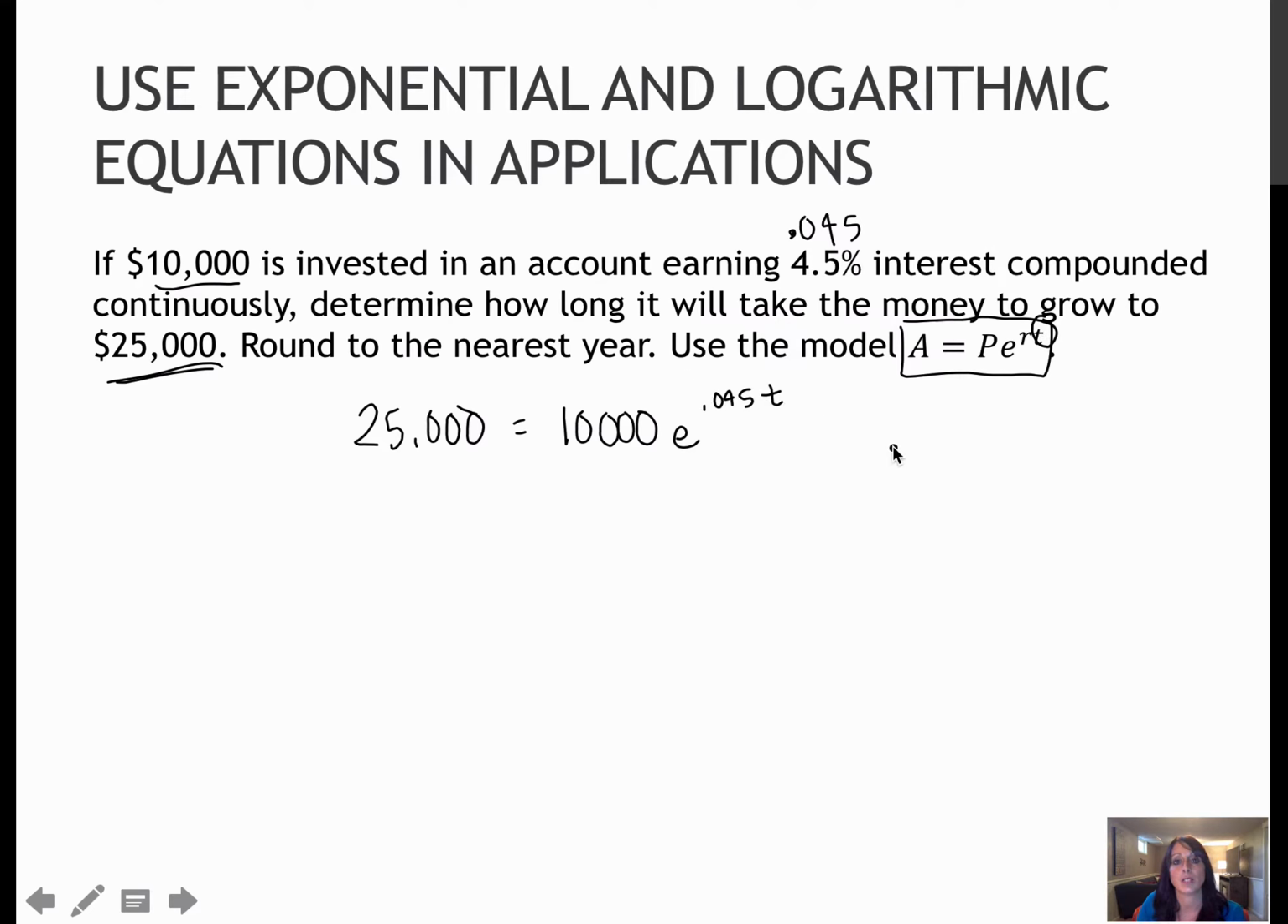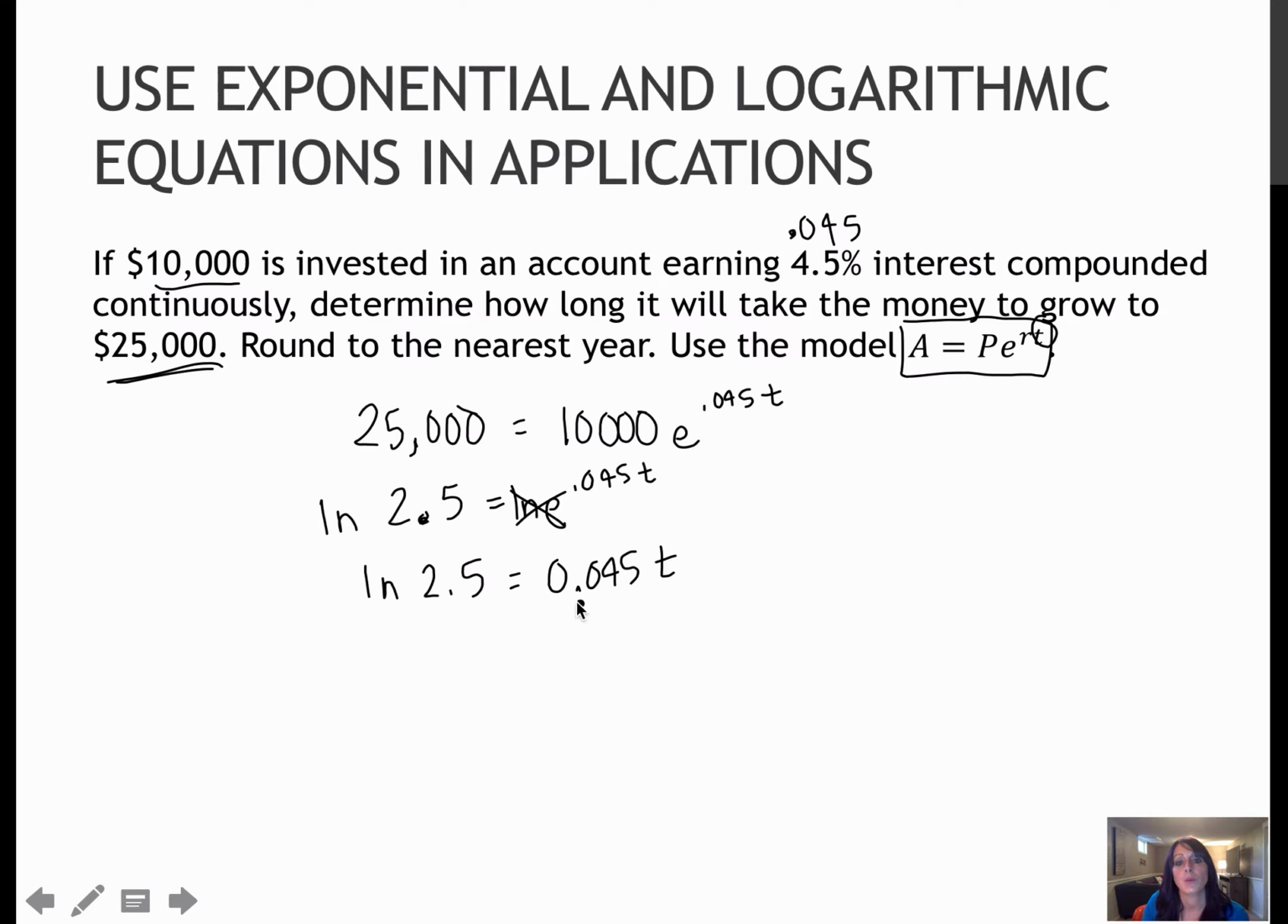T is my unknown. Now, of course, if I'm going to do this, I want to first get that 10,000 off of the right side. So I'm going to divide each side by 10,000, and that gives me 2.5 on the left. And this is e to the 0.045t. Now from here, remember, I'm trying to get t by itself, but I can't get to it because it's an exponent. So I'm going to take the natural log of each side. And when I do that, the left side, nothing happens yet because that would be an ugly decimal that I'm not going to deal with yet. This side, the natural log and the e cancel, and that gives me